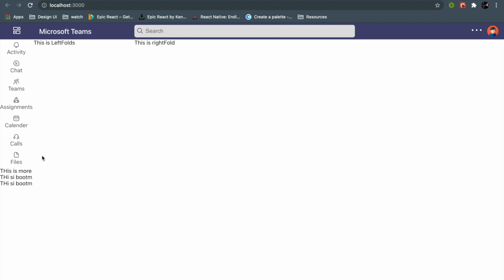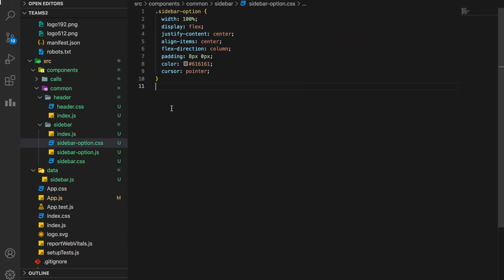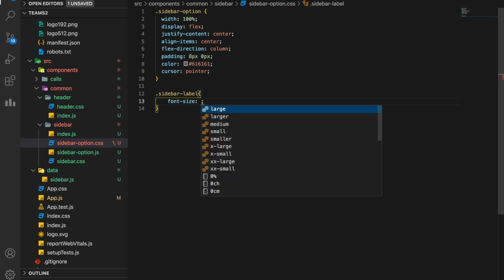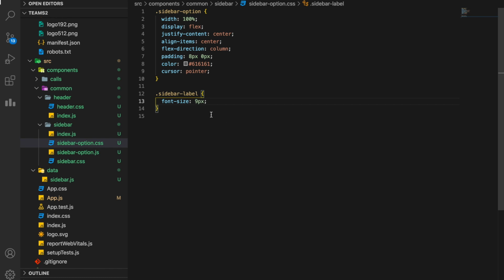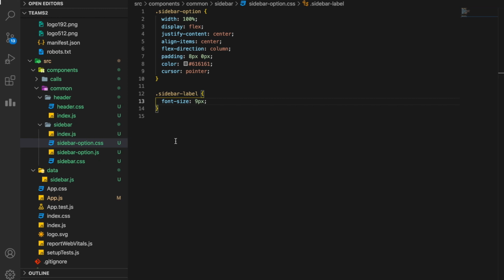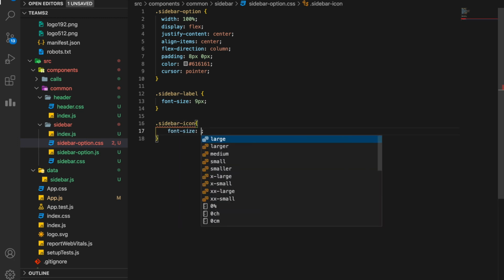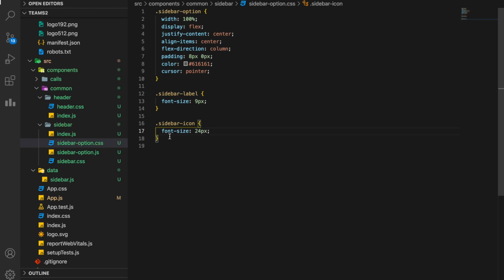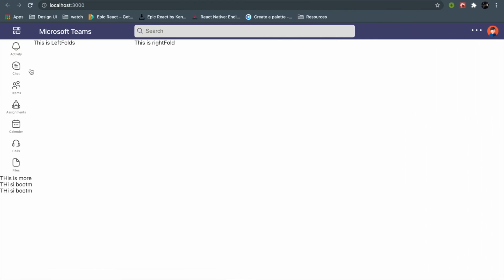Now I'll style the other components inside, the label and everything. So sidebarLabel should have a font size of 9 pixel. This is just a trial and tested font size which looks good here and is readable as well. And the next is icon. For sidebarIcon, I'm going to give it a font size of 24 pixel.